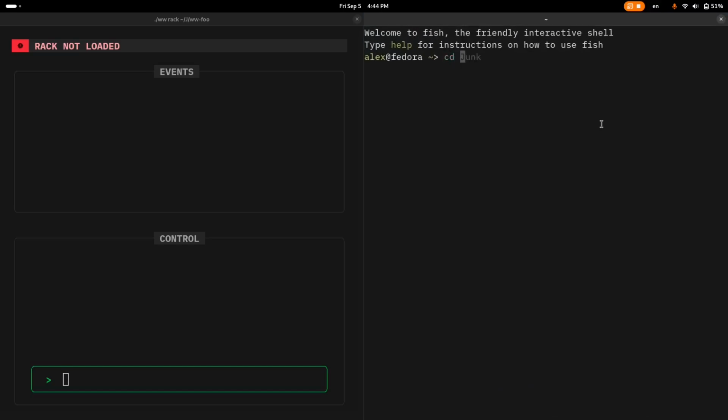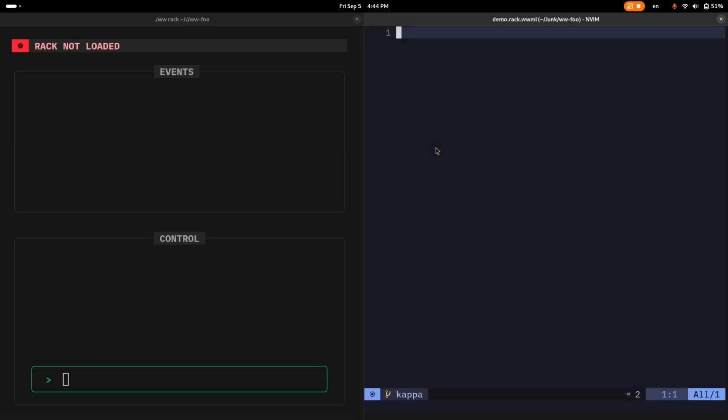Of course I need to navigate to the directory now, and what I'm interested in is opening a file. Let's call it demo foo or demo rack. As you can see, I have already tried this, and we have this file open here. What we can do is save it, and now we can try to load it using rack load,